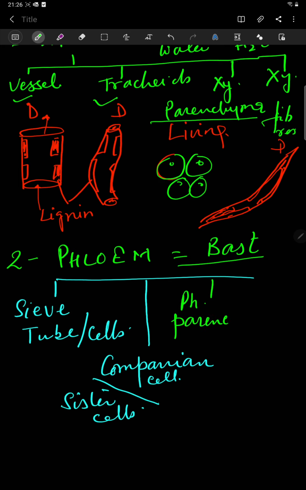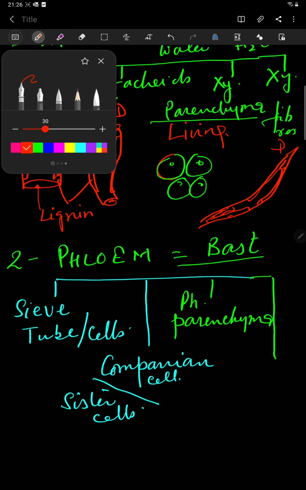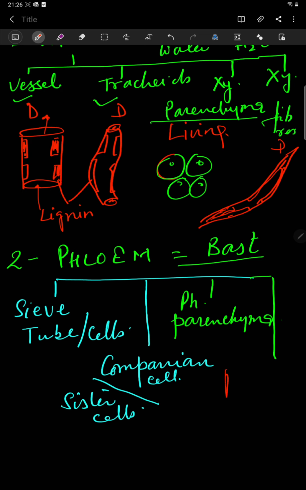Every tissue needs food, children. So this food will be given by parenchyma always. And the last one is termed as phloem fiber. So this is phloem fiber. And as you know, fiber will always be made like this. It has a secondary wall of lignin, and it is like this one. This provides mechanical support.